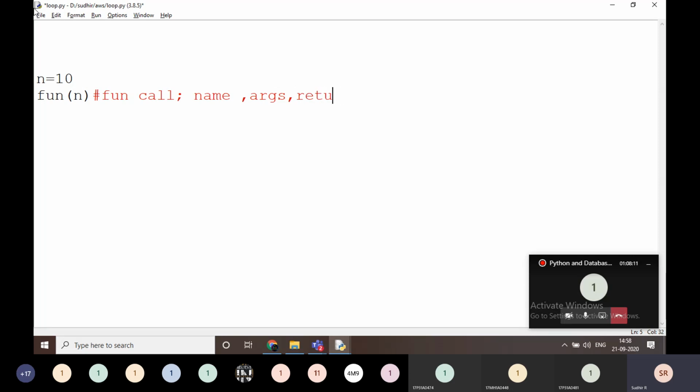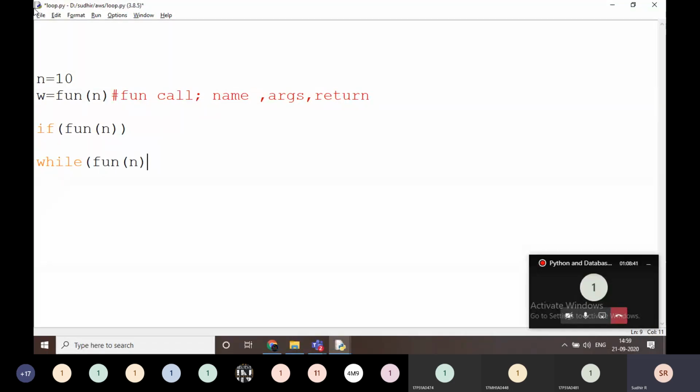Is the function returning any value or not? If you observe this one, there is no return type. How am I going to tell? For example, if it is assigned to any value, or if it is written inside any if condition, or any while condition, any conditions.